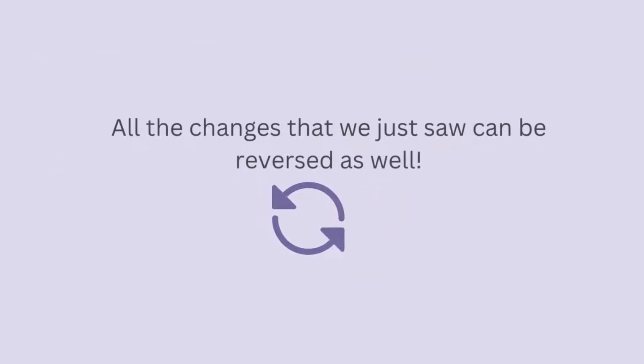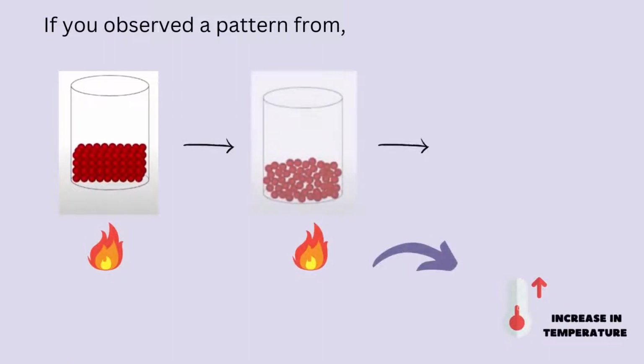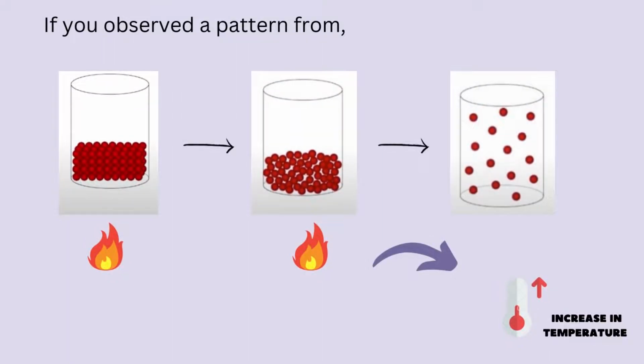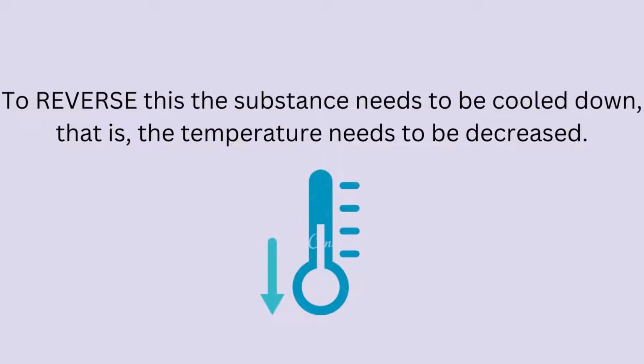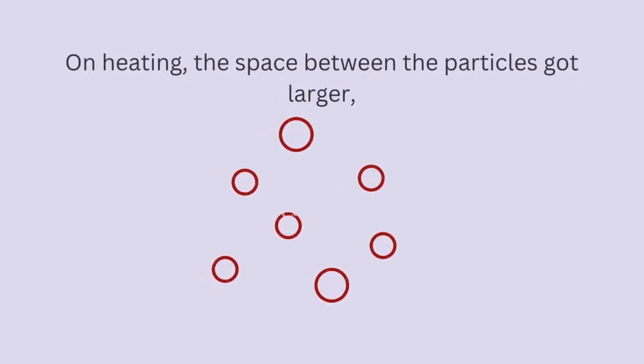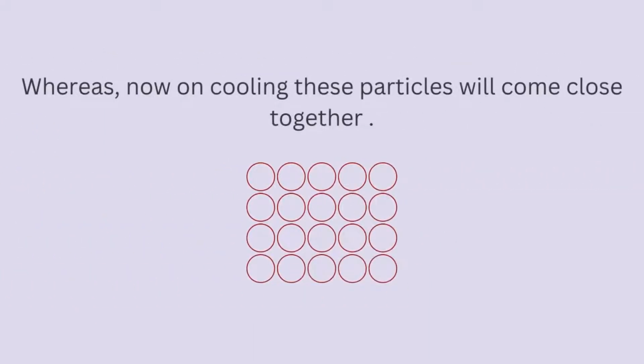All the changes that we just saw can be reversed as well. If you observed a pattern from solid, liquid to gas, the substance had to be heated. That is, there was an increase in temperature. And now, to reverse this, the substance needs to be cooled down. That is, a decrease in temperature. And one more change. On heating, the space between the particles got larger, whereas now on cooling, these particles will